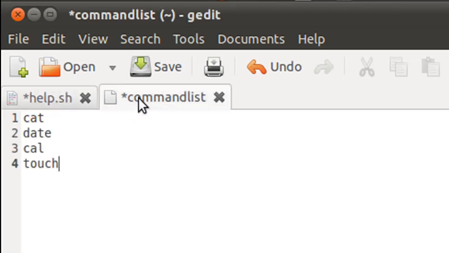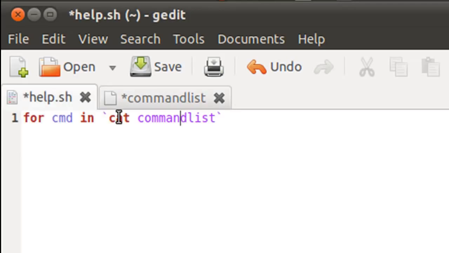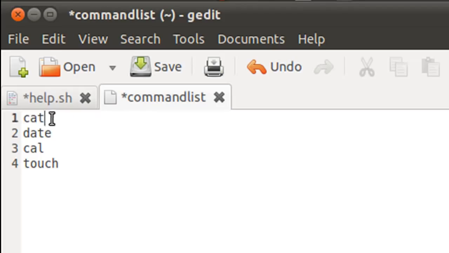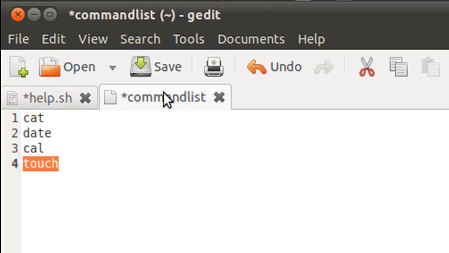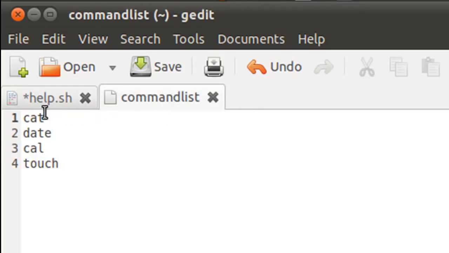And once those commands are made available to for, it will iterate over them one by one, and the control variable cmd will hold cat in the first iteration, and then date in the second iteration, cal in the third iteration, and touch in the fourth iteration. So since there are 4 commands, there are going to be 4 for loop iterations. And let me save this file first. Alright, and